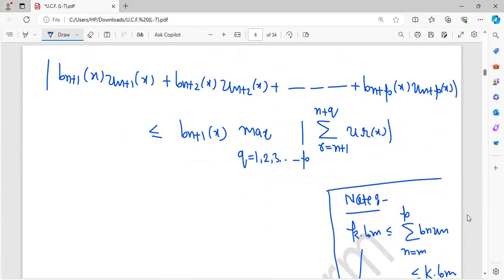So the maximum is less than, strictly less than k times